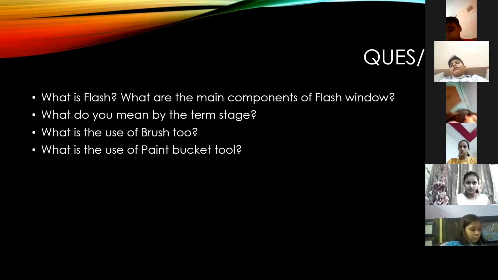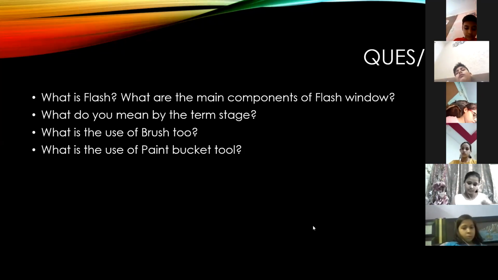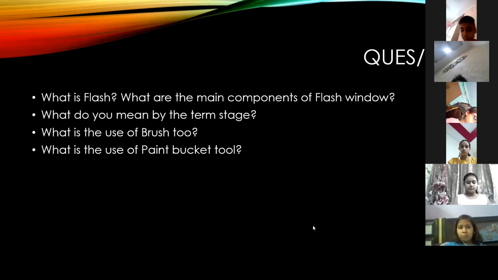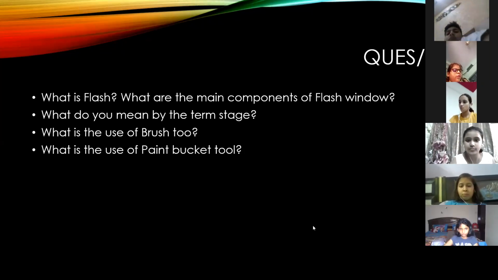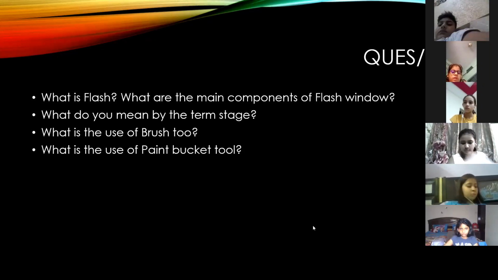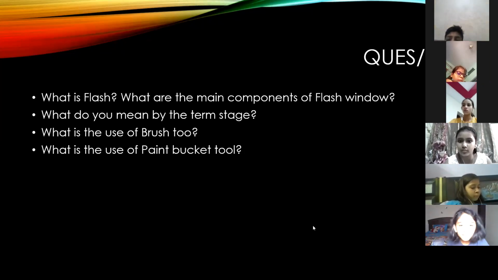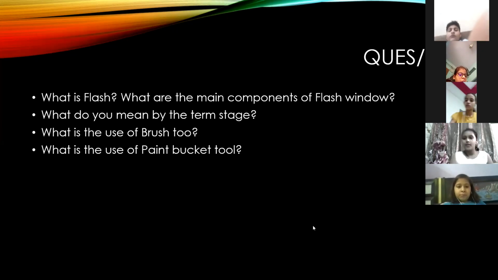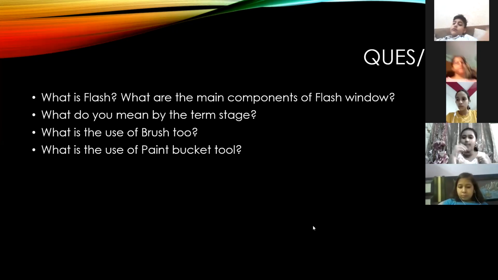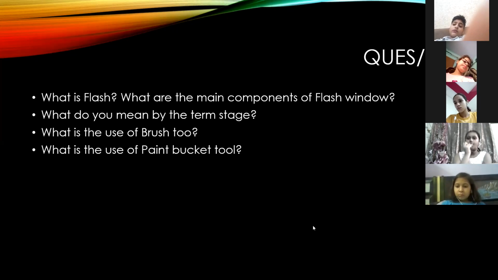The last answer, Bhavya. What is the use of paint bucket tool? Bhavya, unmute yourself and answer the last question. What is the use of paint bucket tool?